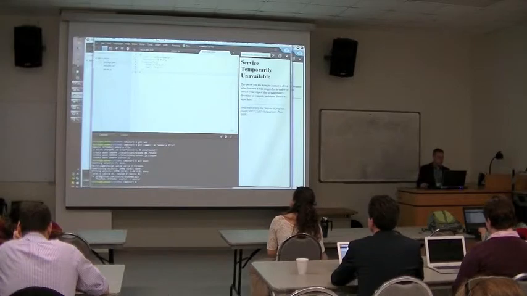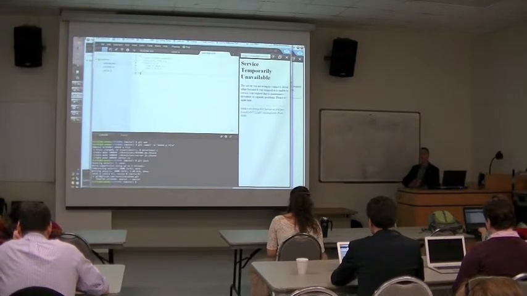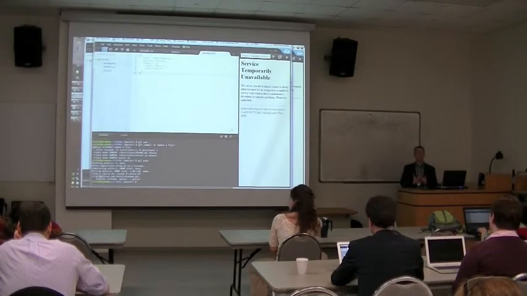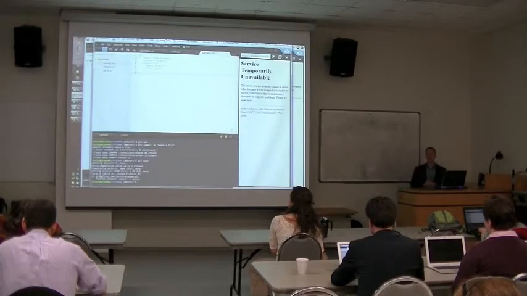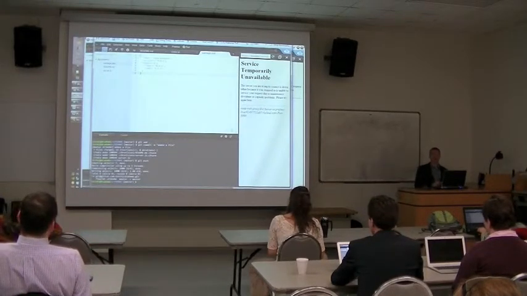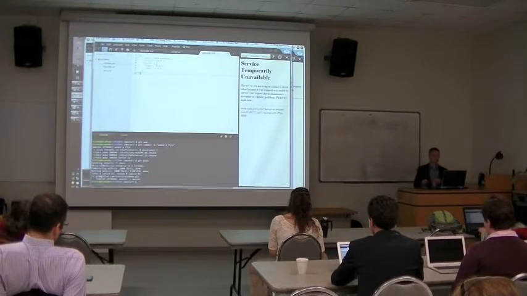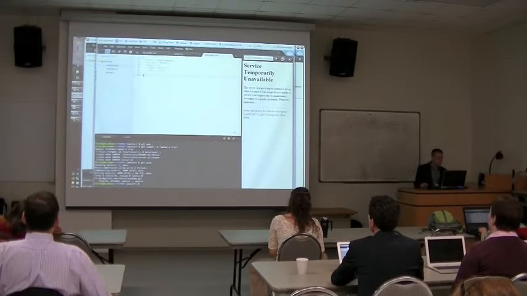The other piece I need, there was also a slide which I went through quickly, is that for each of these platform as a service systems, there's at least some little bit of hint you need to give it in terms of instructions about how to deploy your app. These vary from PaaS to PaaS. In the case of Node on Heroku, all we need is a single one-line file. They have a system called Foreman that they're using, and we need a single one-line file that tells Foreman how to start our app. I'm going to steal that from here also.